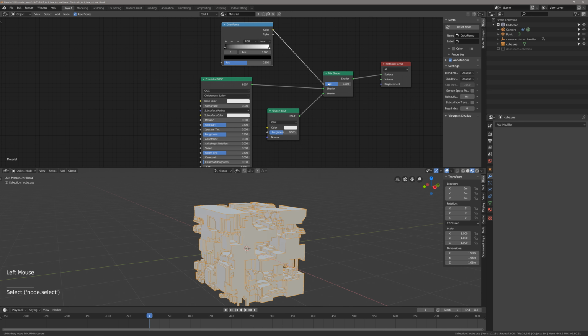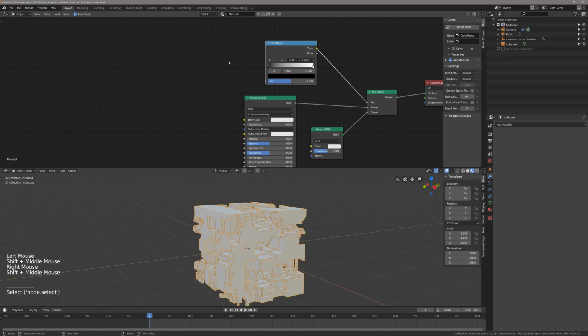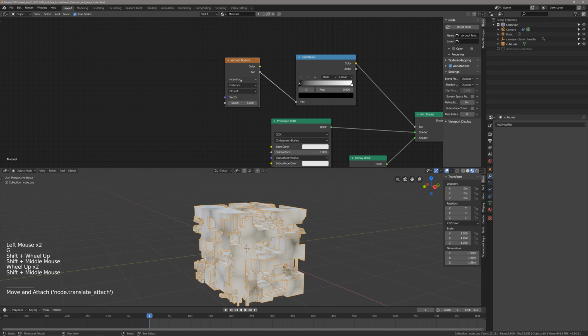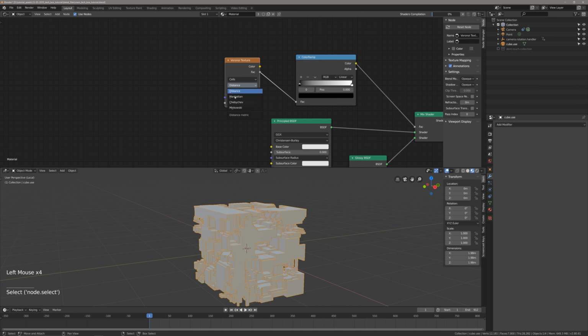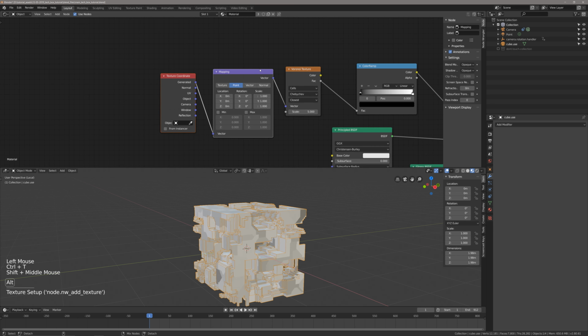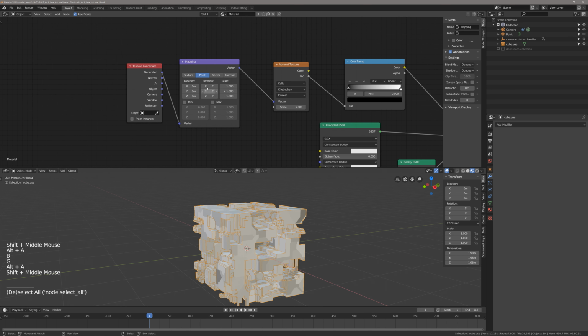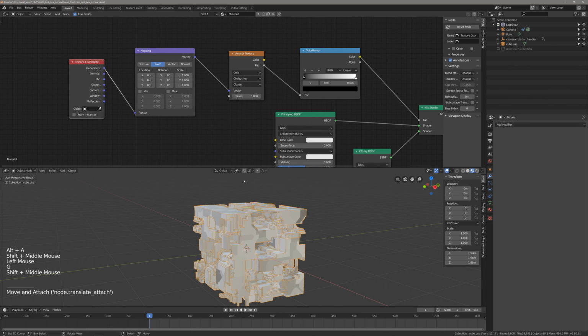I'm going to bring the color into the factor, and then I'm going to bring in Voronoi texture, which is super hard to say, and this is even harder to say, intensity, cells, and distance Chebyshev. And I'm going to hit Control T and bring in a mapping and texture coordinate, and we should see